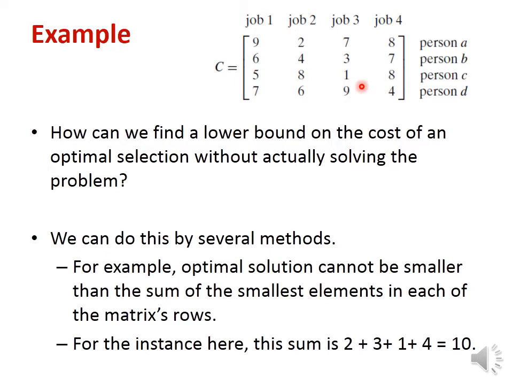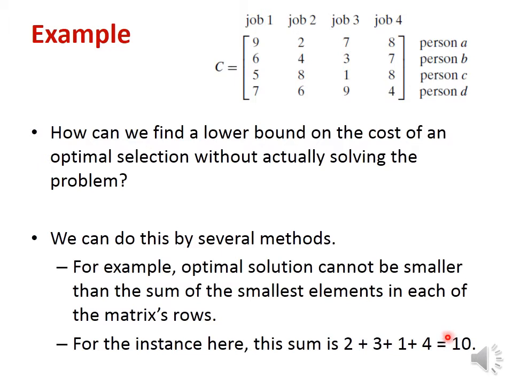That is one common sense or simple understanding. For each row, let us find the minimum one. It is 2. Second row, it is 3. Third row, it is 1. Fourth row, it is 4. So 2, 3, 1, 4. Suppose we go for this particular assignment, the cost will be 10. But of course, this is just a bound. It is not feasible because for person B we have selected job 3 here, and for person C we have selected 1 here. Of course, this is not feasible.